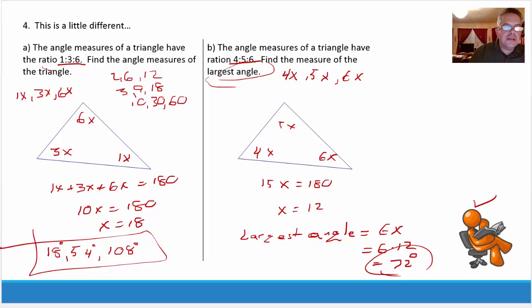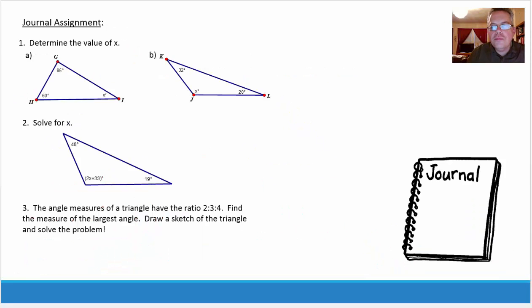All right, let's take a look. Next slide is journal time. All right, we've made it. So here are 3 problems, one or two of each type. The first 2, just got to find the missing angle, remembering the total is 180. Second one, have to write an equation and solve it. The third one, I want you to draw a sketch,